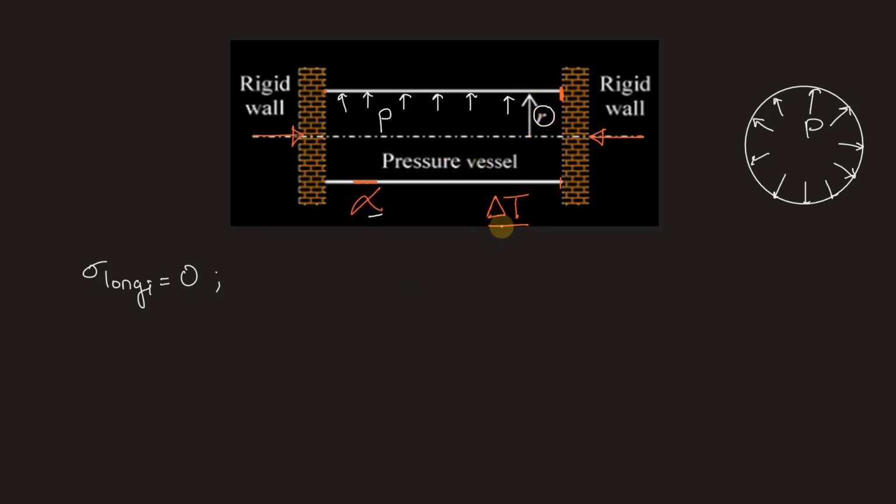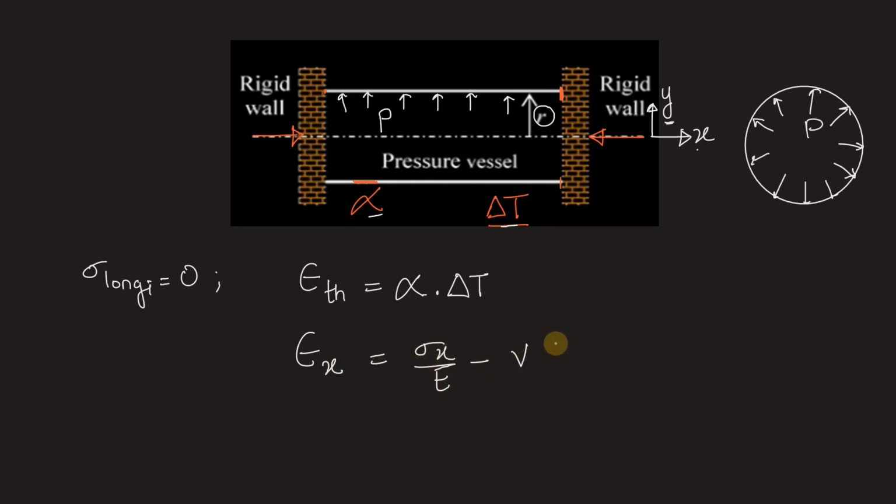Strain due to thermal effect, we can write epsilon TH is equal to coefficient of expansion alpha into the temperature difference delta T. Also, if let's say this direction is x and the perpendicular direction is y, we can write epsilon x is equal to sigma x by E minus V into sigma y by E. This is by generalized Hooke's law. There is no stress in the longitudinal direction. Longitudinal direction is nothing but x direction. So this is 0 minus V, where V is the Poisson's ratio,